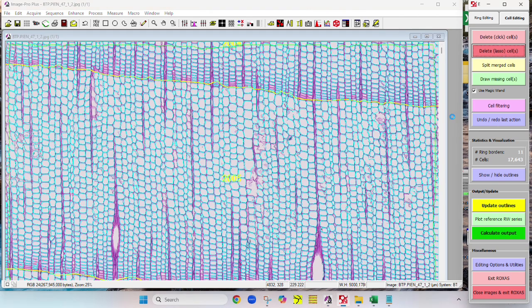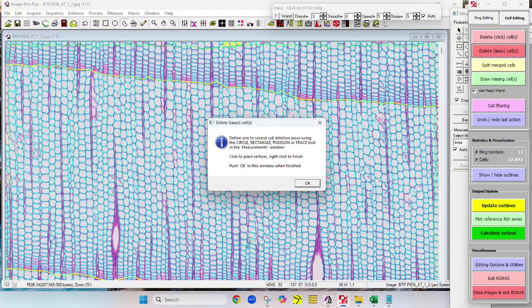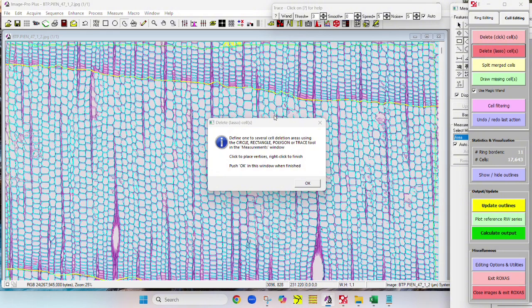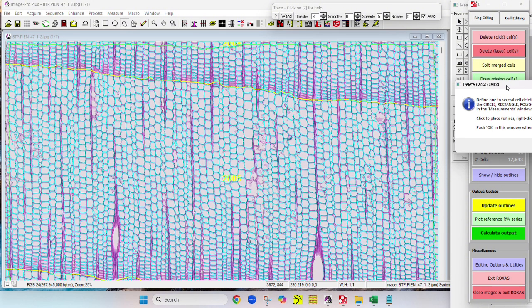So click on delete lasso cells. In an earlier version of ROXAS, and I mention this a lot because it might be something that you're used to if you used an earlier version of ROXAS, it would have me click on this polygon tool here, create polygon feature, before I could actually do it. I don't know if it automatically clicks on that now with this version or older versions, but with 3.0.1 at least, it made me click that first. So if your version has you do that, make sure you click this create polygon feature tool first, move that out of the way,